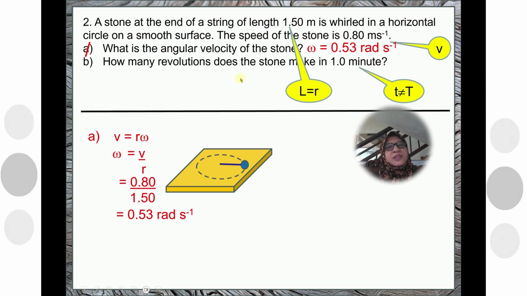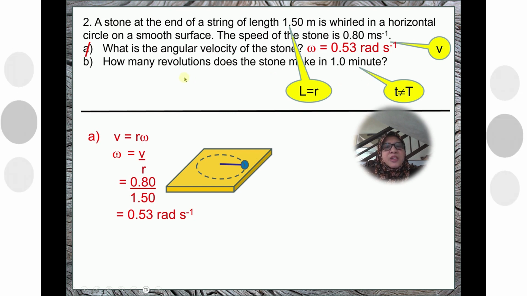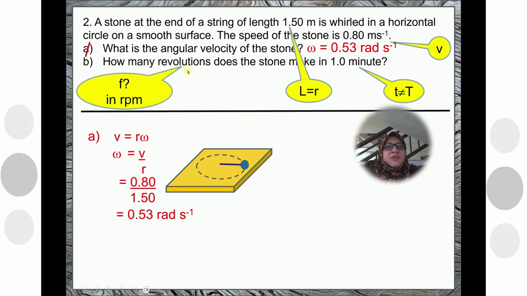How many revolutions does the stone make in 1 minute? So this is revolutions per second. So this 1 minute is not the period. The question means frequency, because this is the number of revolutions per minute. Okay, in 1 minute here means the unit for frequency is RPM. So we find